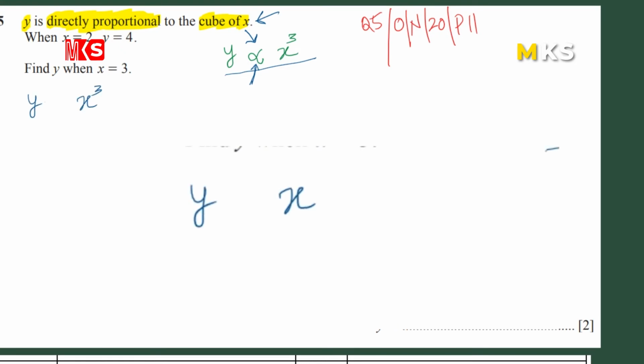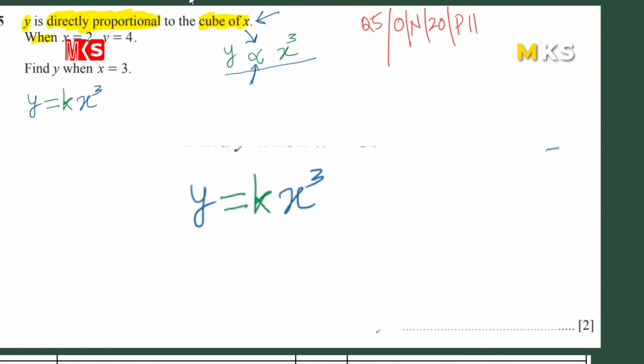When doing this, we need to multiply one side of the equation by a constant, using the letter k to represent that constant, and multiplying the right hand side of the equation. You can multiply either side of the equation, but it is better to multiply the constant to the right side. Once we have made the equation y is equal to kx cube,